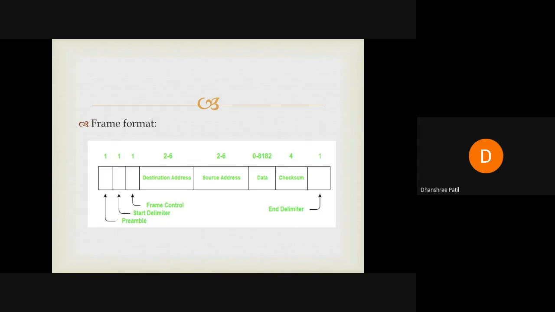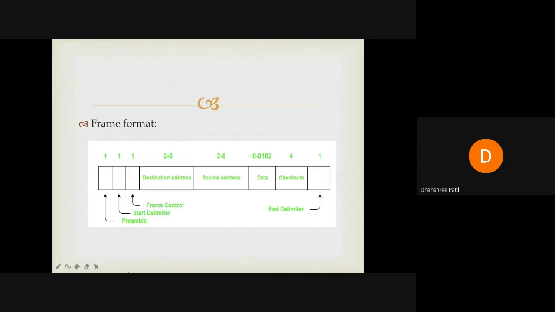Maybe the size will differ, but the destination and source addresses are there. Then next are the start delimiter and end delimiter. These are used as the start and end of the frame. Then frame control, what is its use? I'll explain in the next slide. Then the data field is there, and then the checksum, same as 802.3. Only 2 or 3 fields are different, right?